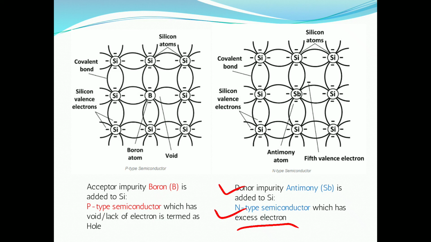And now when this n-type material goes in connection with the p-type, this electron is ready to move. So there is an excess of electrons in the n-type semiconductor, and in the p-type semiconductor there is a hole, which is a majority carrier. Here in n-type semiconductor the majority carriers are electrons, and in p-type material the majority carriers are holes. Now let us see further.